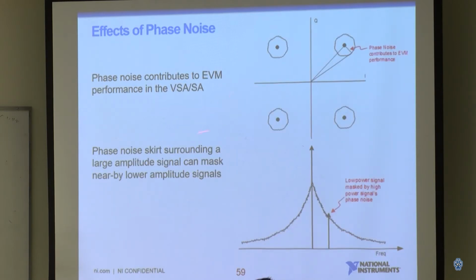Okay, so why do I talk about phase noise? Remember, we are relying on the EVM to tell how good your system, your signal transmitter or receiver is, and phase noise can mess up your EVM performance. So remember, this is a constellation diagram, right? And each dot is a symbol. When you have phase noise, and your actual amplitude keeps changing,